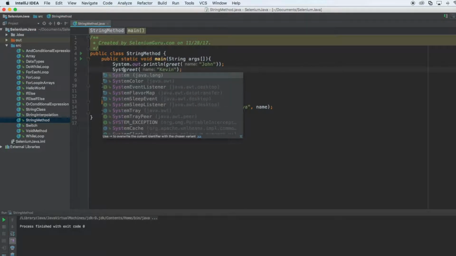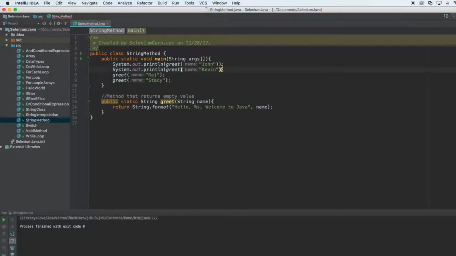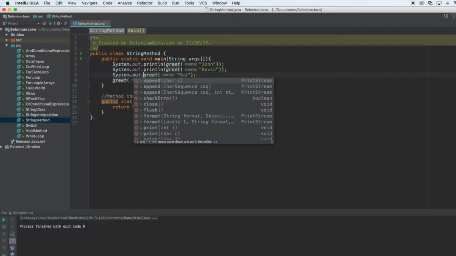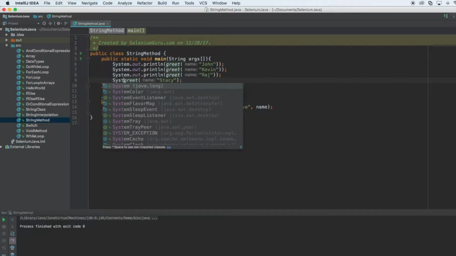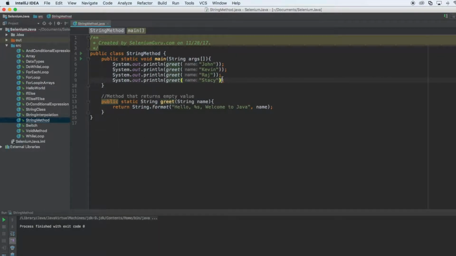System.out.println that, for each of the calls. So now if I run this,